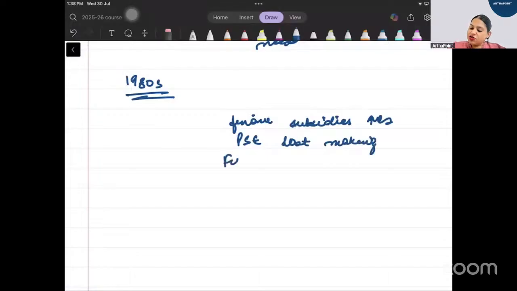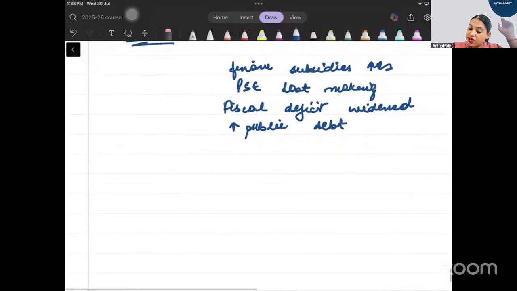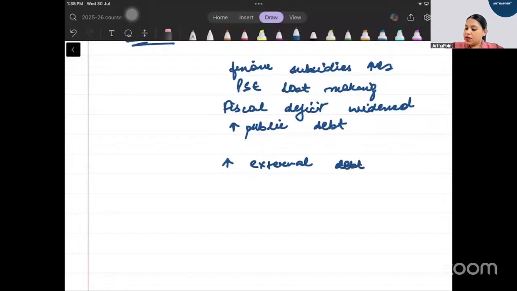The fiscal deficit started expanding, so fiscal deficit widened, and therefore the public debt started increasing a lot. To finance the deficit, you needed loans, right? Now during this period, there was an increase in external debt. And this was